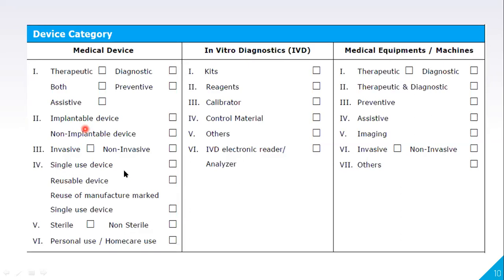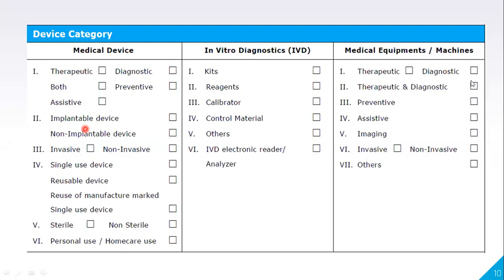Then you can mention single use or reusable, or a reuse of a manufacturer marketed device, sterile or non-sterile, personal care or home care. Everything you have to mention, about medical devices and also in vitro diagnostics. If it is in vitro diagnostics, you mention whether it is a kit, a reagent, a calibrator or a control material.